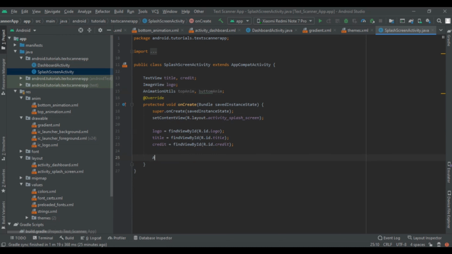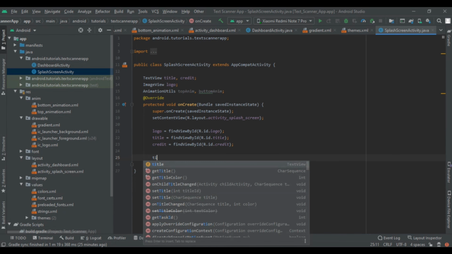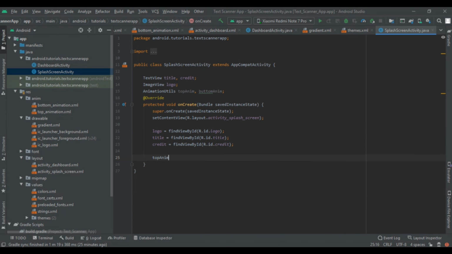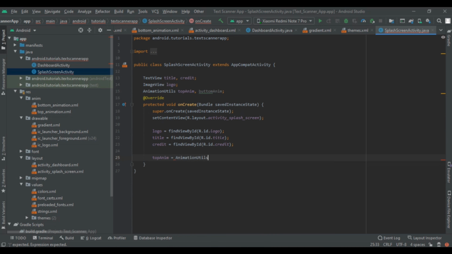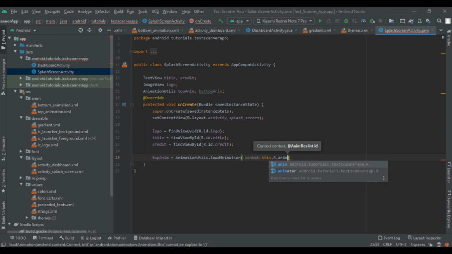So top anim is equal to animation utils dot load animation from this to R dot anim dot top animation, and then duplicate it.